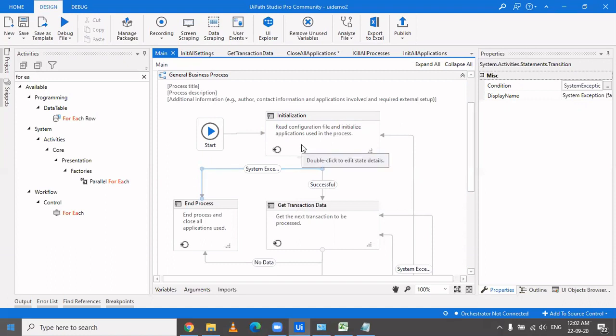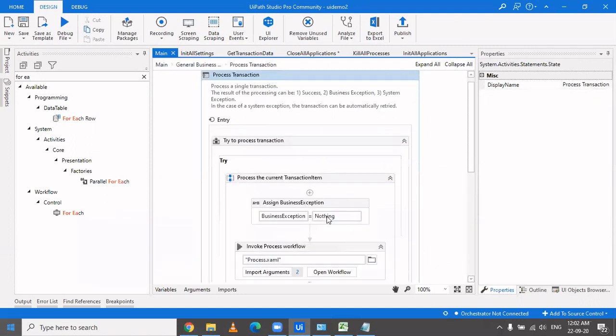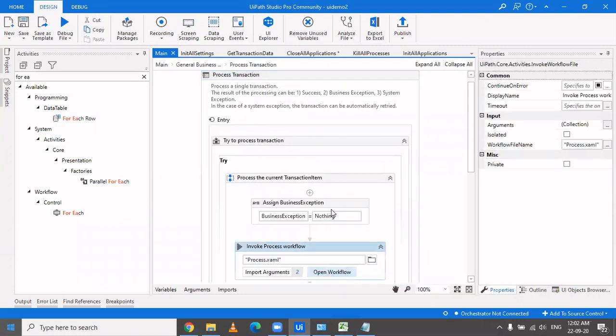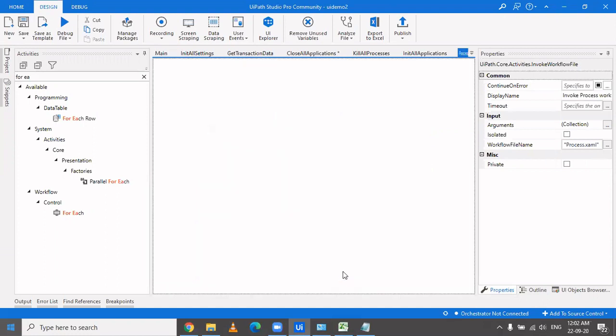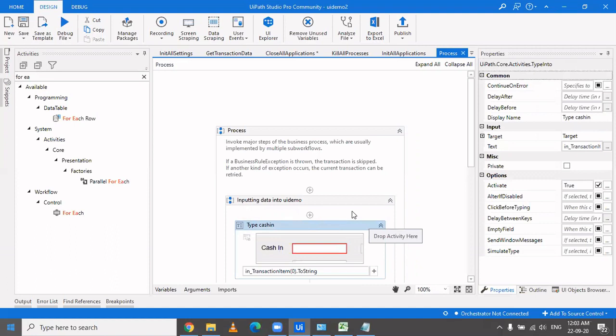Okay, so suppose you have not thrown an exception and you're not able to log in. Your flow would now come to process transaction, and it would start typing into the field, because you have a type into here. It would not be finding that type into field, and then the UI part would throw an exception that it could not find the selector.